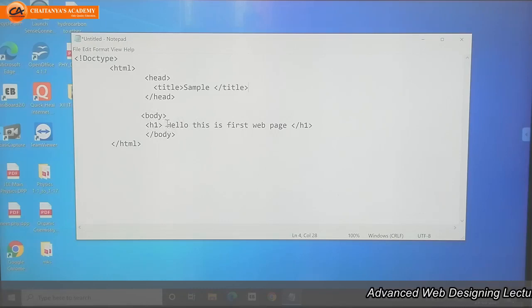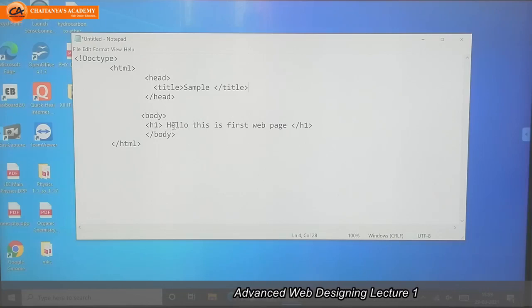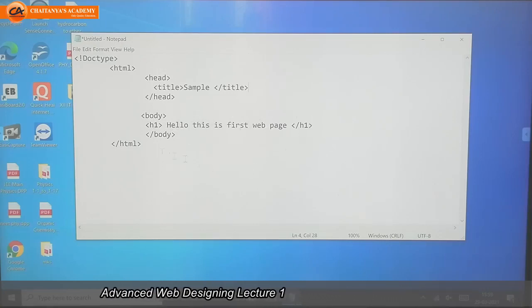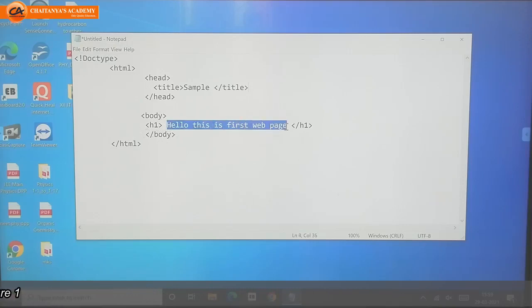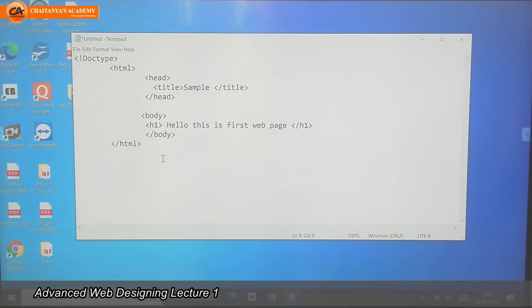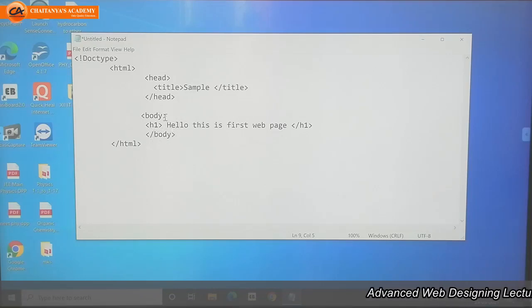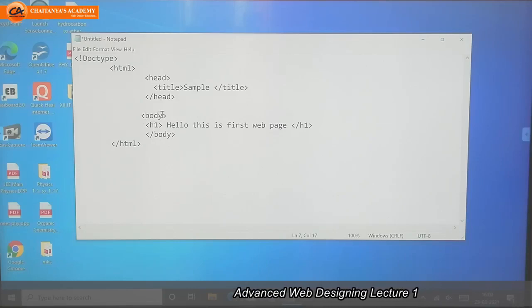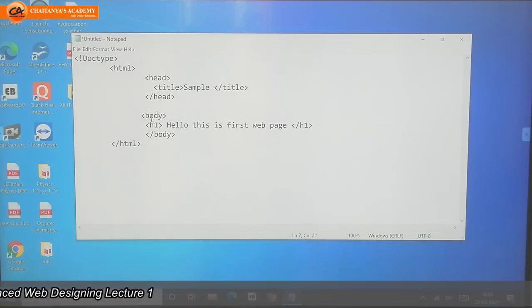So I want to display just simple text like hello, this is first web page. I have to write this text in any heading, any paragraph, or simply as it is, between the body starting tag and ending tag. The ending tag is enclosed by less than and greater than symbols with a slash, and the starting tag has only less than and greater than symbols.